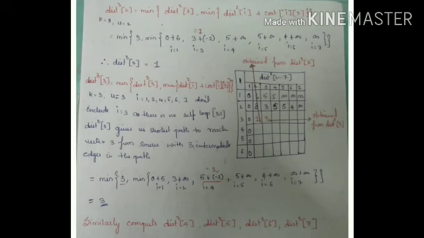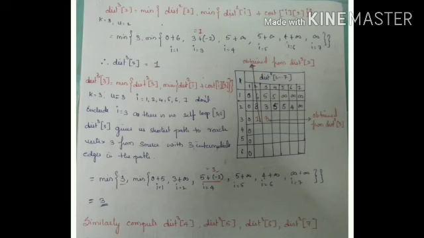So after you are done with this step, the next step is you are supposed to calculate shortest path to vertices 2, 3, 4, 5, 6 and 7, which has 4 intermediate edges in it. So similarly, after completing that step, you are supposed to compute shortest path to all other vertices from source vertex 1 with 5 intermediate edges in it. That is, you are supposed to compute dist raised to 5 of 2, dist raised to 5 of 3 and so on till dist raised to 5 of 7.